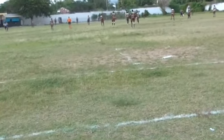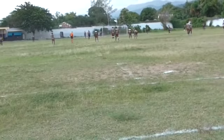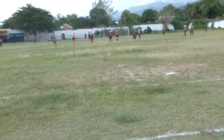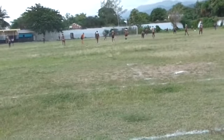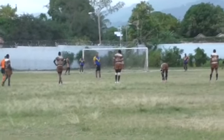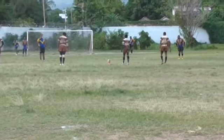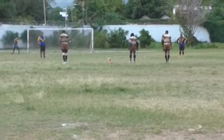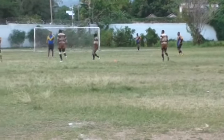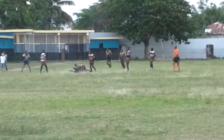Well, certainly a very intense end to this game. As predicted, the inexperience of GC Foster coming through at the end, playing some very foolish rugby league in their exit sets in the last 10 minutes, gifting the ball to Vauxhall over and over again, going for the short kick. Vauxhall recovers